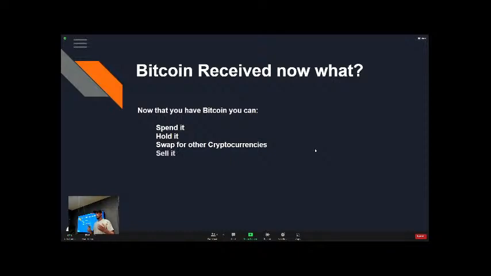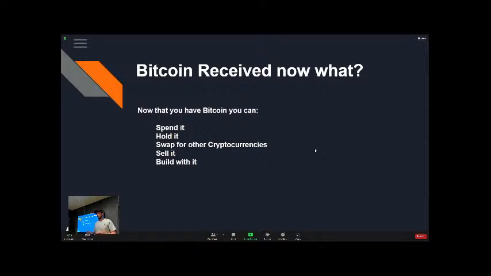You can sell it. So if you've held it for a very long time and you decide you don't want it anymore or you need some cash, you can sell it. And that's where you get Bitcoin day traders, because it is a highly volatile market. Some people choose to do that, some people choose to hold it. It's widely looked at as an investment right now. It's classified by the government as an asset, much like a house.